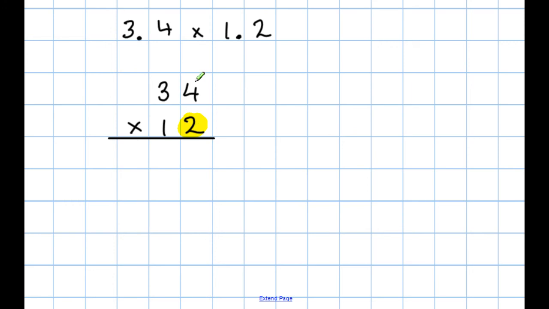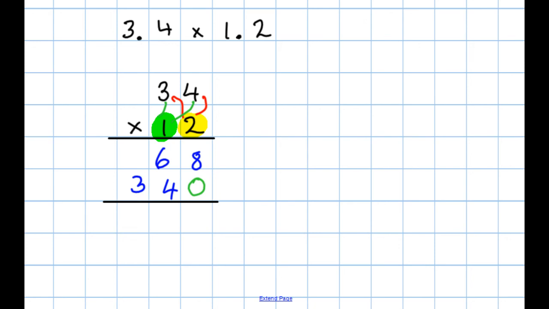Now watch what I do. So I'm going to multiply every figure on the top row by 2. So I do 2 times 4, which is 8. Then I do 2 times 3, which is 6. Next I'm going to multiply by this 1 here, but it's in the tens column. So I start with a 0 down before I do any multiplication. Then I do once times 4 is 4, and once times 3, which is 3. Then I add them up,